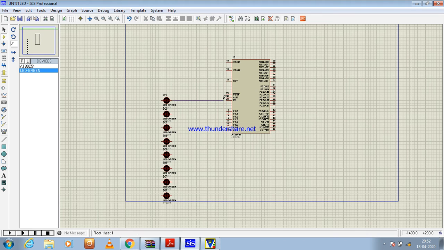Now let's connect all of these with our port. It is simple to connect: keep holding the left click on the mouse and drag. I would suggest you practice, and if you practice, you will get it. It is quite difficult to install this program, but I will try my best to tell you how to install it also.